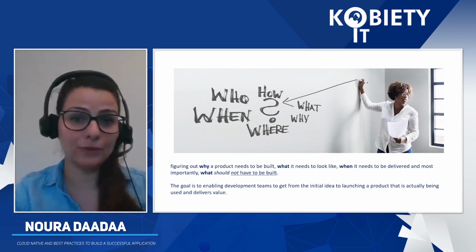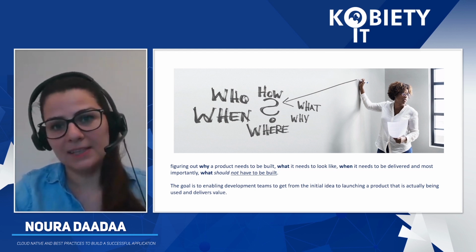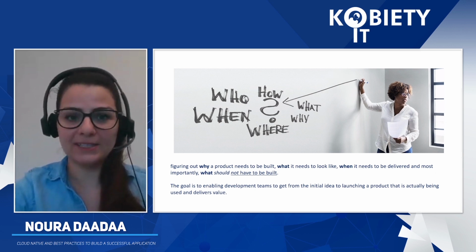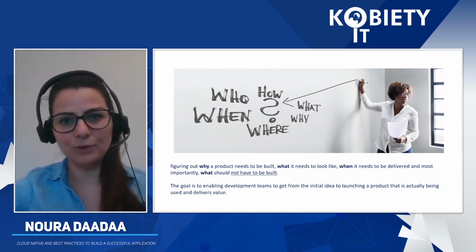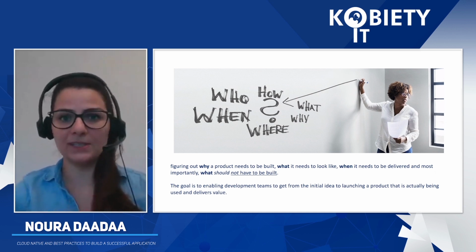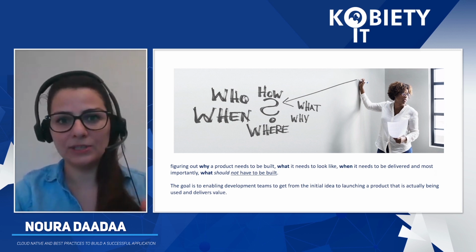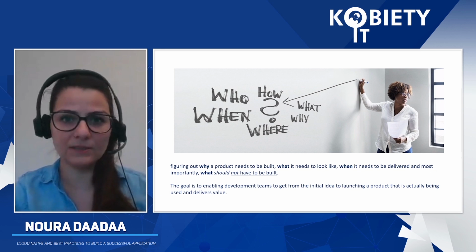Is this good for the product in the short and long term? And what are the things that we should never do? Because sometimes engineers feel like they have to make trade-offs between implementing a requirement as is